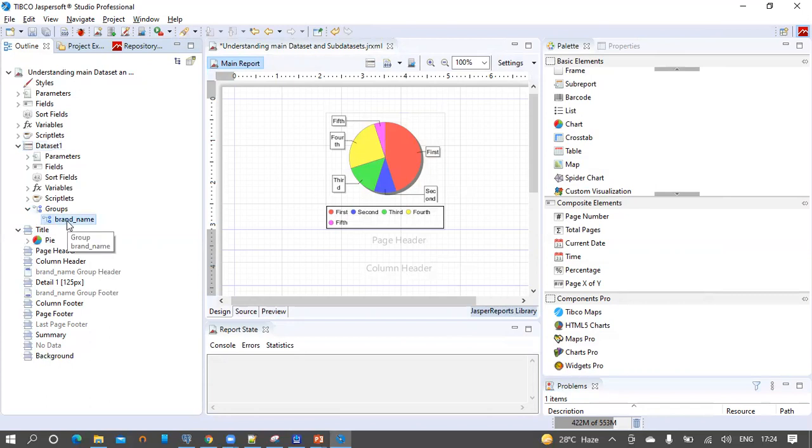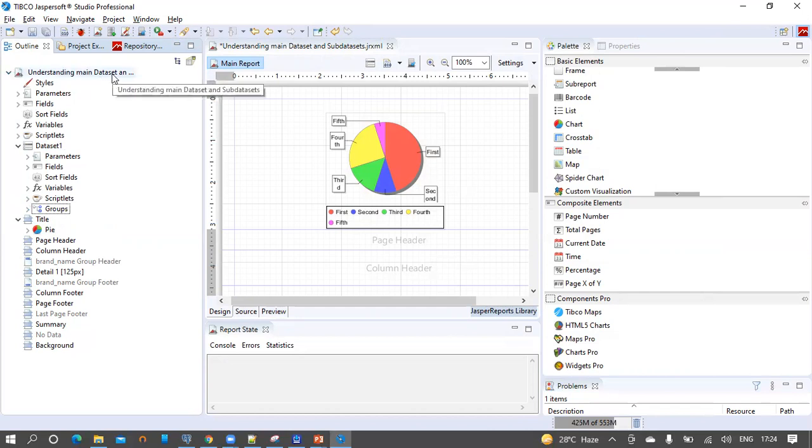So the brand name field is available under groups. So basically, if we compare, the report objects are taken in the dataset object. For example, when we work with parameters for this element, the parameter should be defined in the main dataset, and we extract or link the same parameters in dataset1.